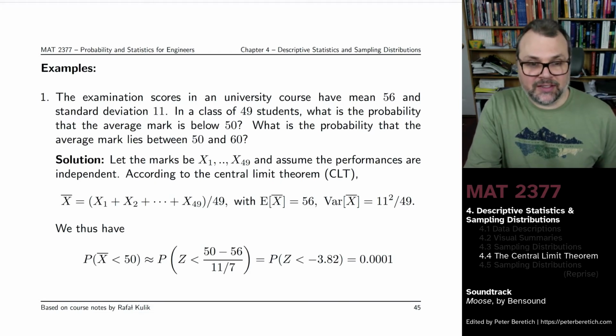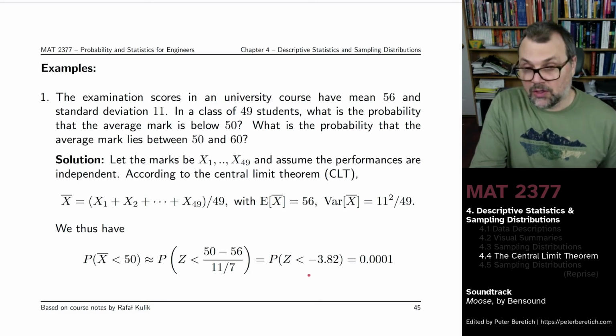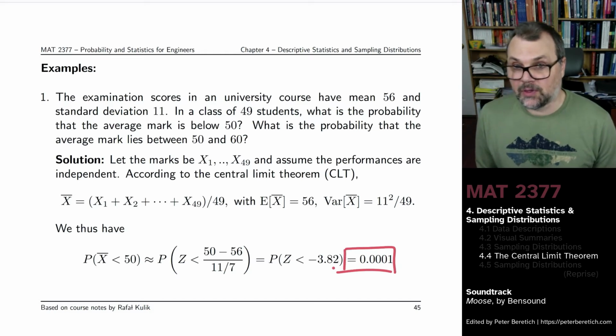So the probability that the average is less than 50 would be about the same as the probability that the standard normal variable would be smaller than the expression we got by dividing by the square root of sigma squared divided by n, so 11 over 7. And if you work out this expression, you'll get about minus 3.82. So the probability that the class average is less than 50 is about the same as the probability that the standard normal would be less than minus 3.82, and you will find in your tables or using R that this is a very small value, about